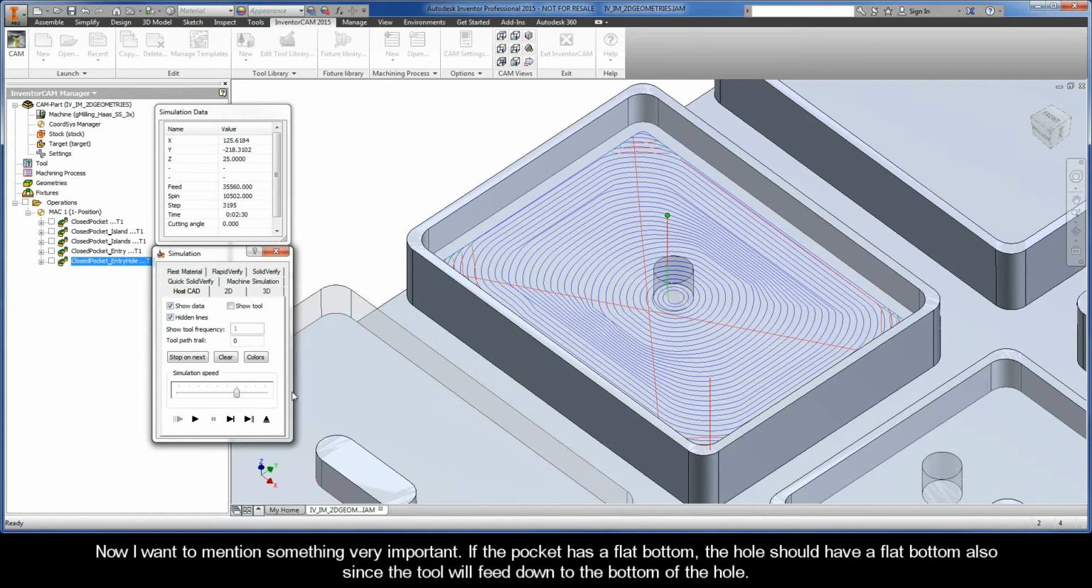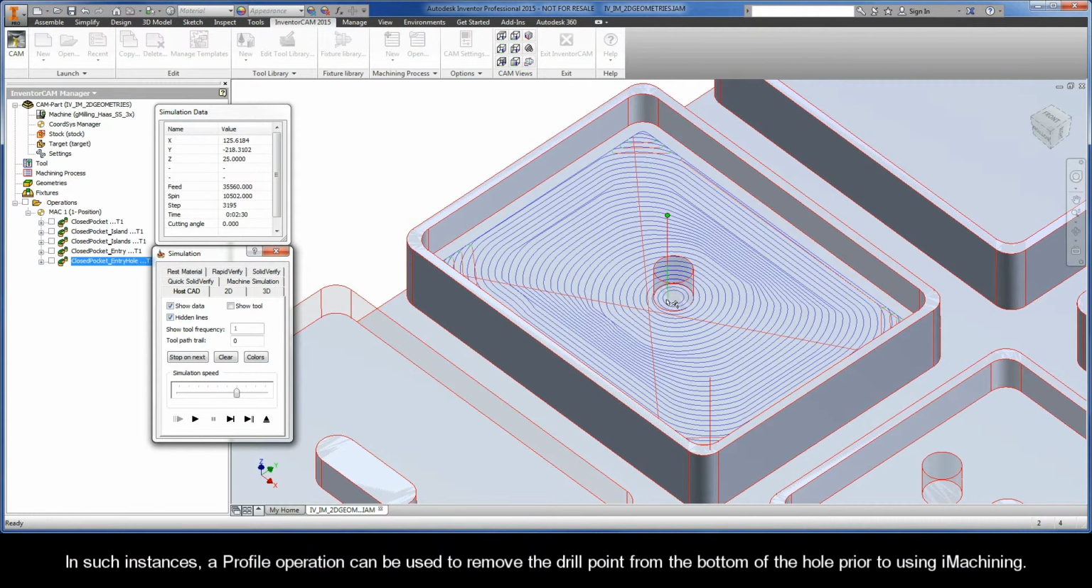Now I want to mention something very important. If the pocket has a flat bottom, then the hole should have a flat bottom also, since the tool will feed down to the bottom of the hole. In such instances, a profile operation can be used to remove the drill point from the bottom of the hole